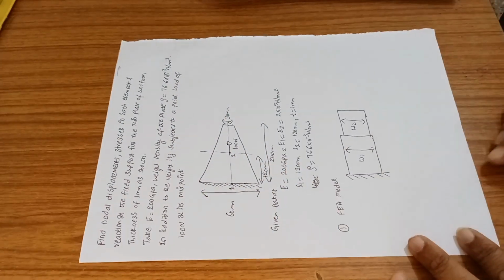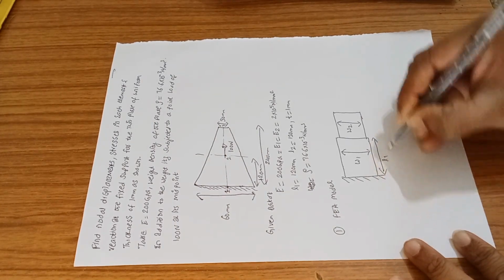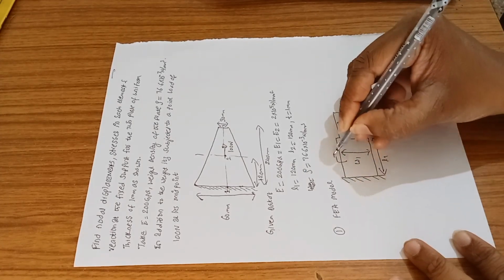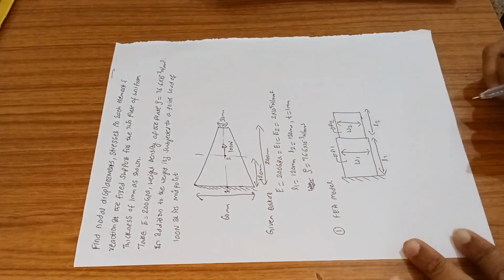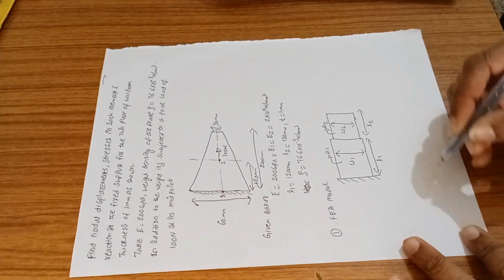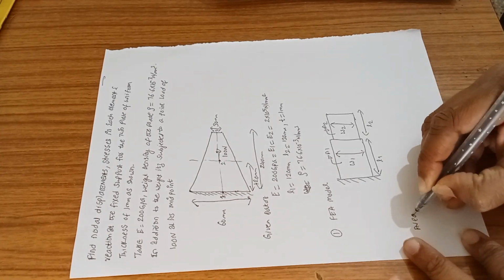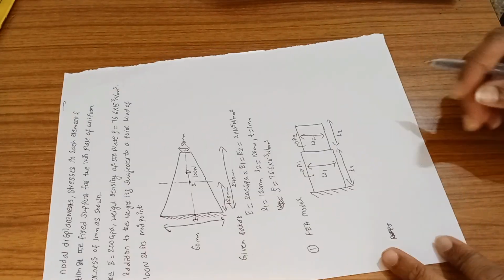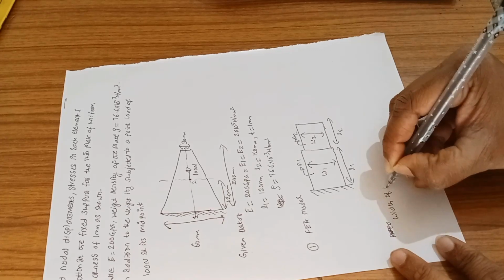This width has to be converted into the stepped bar width, and this will be length L1, and this will be length L2. And similarly this will have area A1 and this will have area A2. So in this problem we have to find out all those areas, widths and thicknesses. So now let's do the next thing. First we have to find out the area of the element. To find out the area of the element, whenever the width is given, we have to first find out the width of the plate